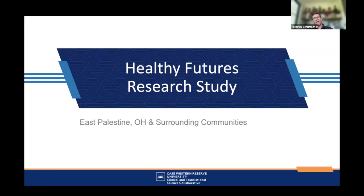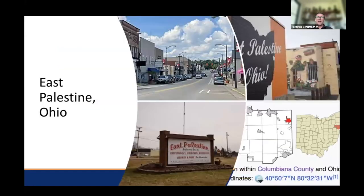This was based primarily within East Palestine, which I'm sure a number of people saw in the news, but also thinking about the surrounding communities, knowing that environmental exposures aren't necessarily going to stop at borders. They can move through the water, through the air, or through the soil. And if you're not familiar, East Palestine, Ohio was that one county that I pointed out that fell into one of those non-metro designations by the Office of Management and Budget. It's over here, bordering